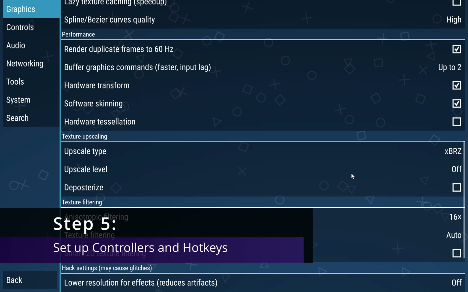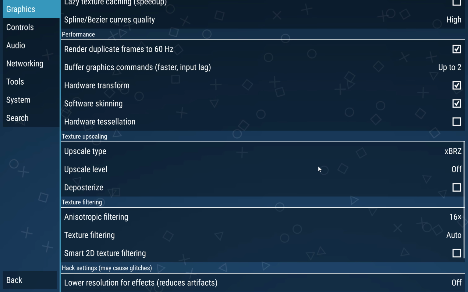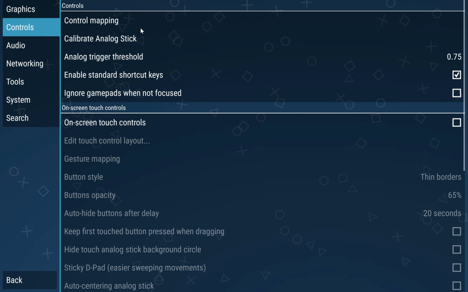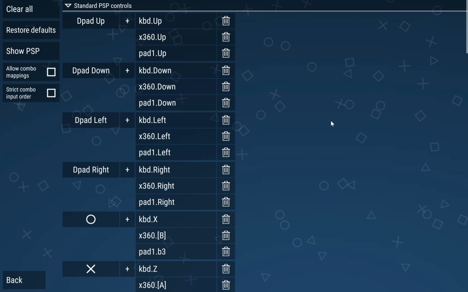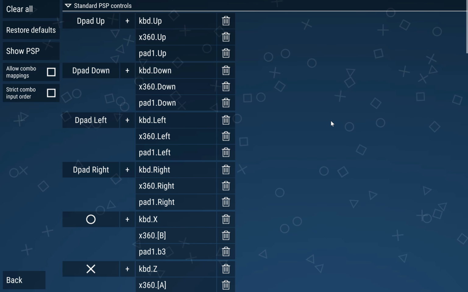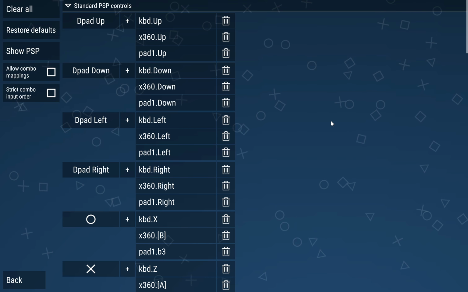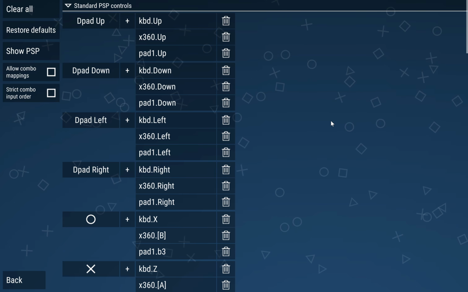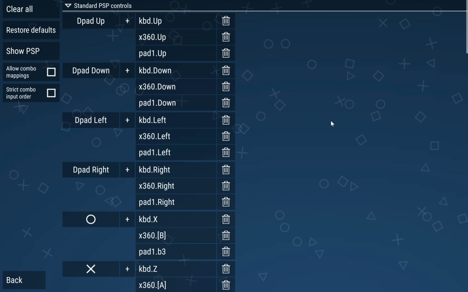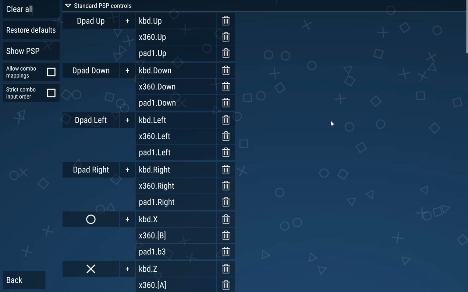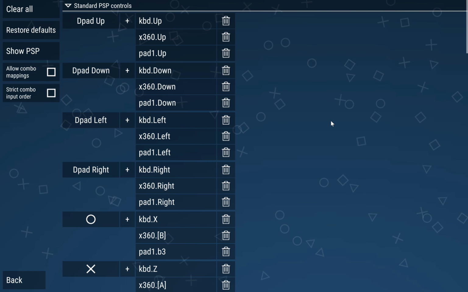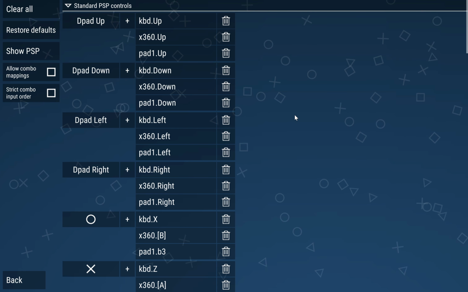The next thing that we're going to be doing is setting up the controls. So on the left menu, you want to click on controls and then go to control mapping. If you have a controller, you want to make sure that you connect it to your computer, and this is the screen that you're going to be using to map out your controls. Now the PPSSPP emulator already has most of the controls mapped out automatically depending on the type of controller